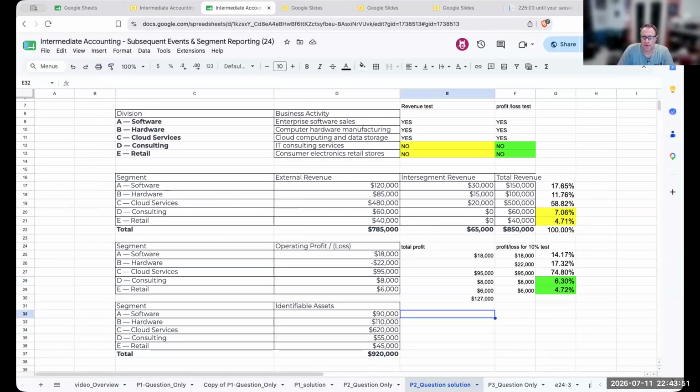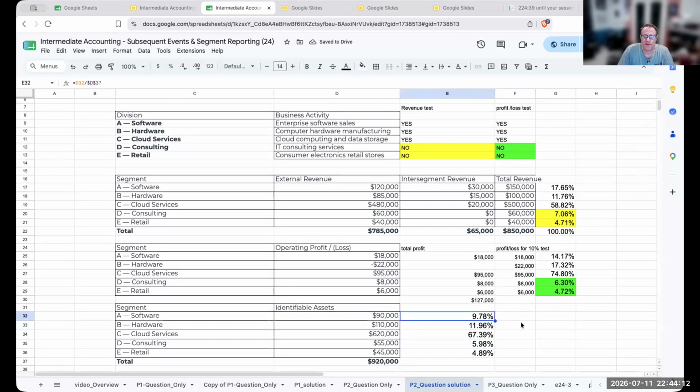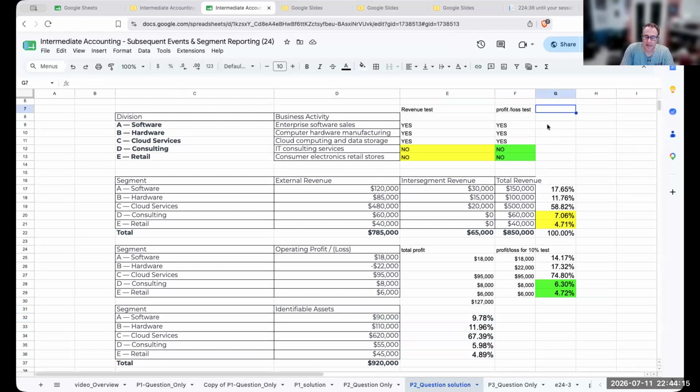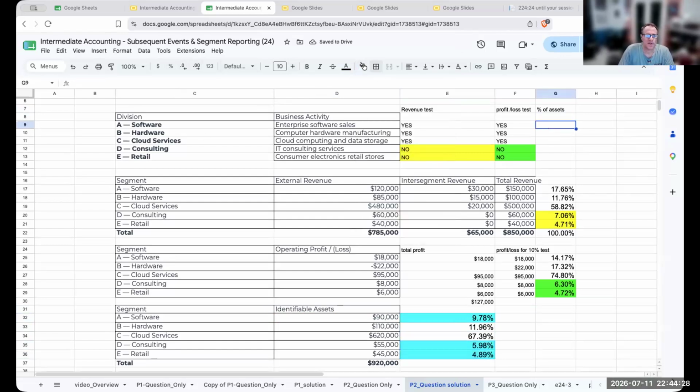So here, when we go through and look at this, we're just going to say, okay, well, the total assets divided by T slash 37. And again, okay, so this one here, basically the assets, this one here fails. And we'll go ahead and mark this with blue because these are below 10%. But as we're going to see momentarily, that really doesn't matter because all we have to do is meet